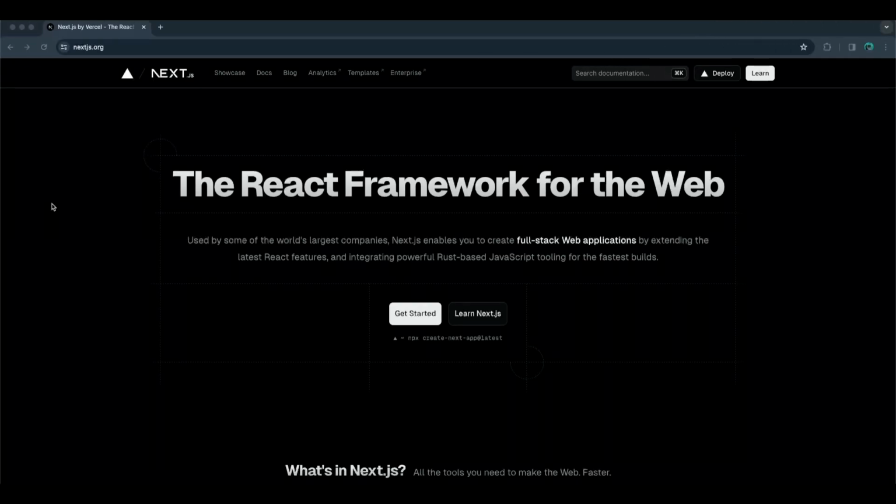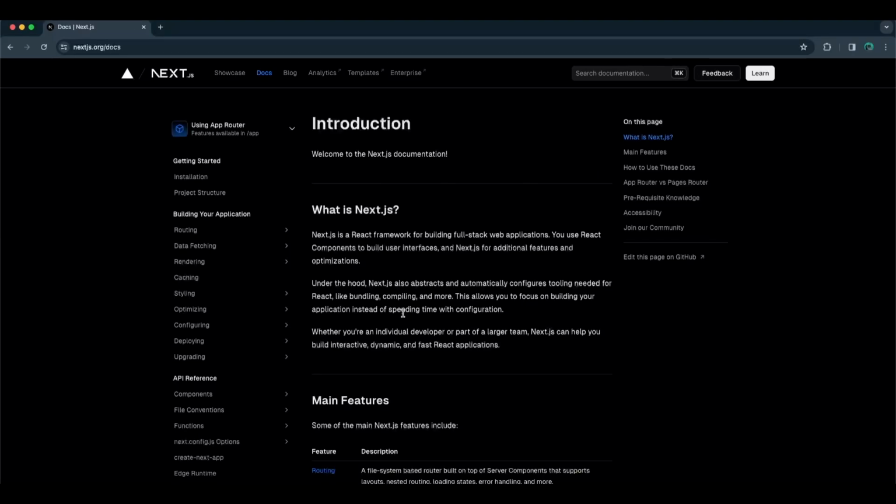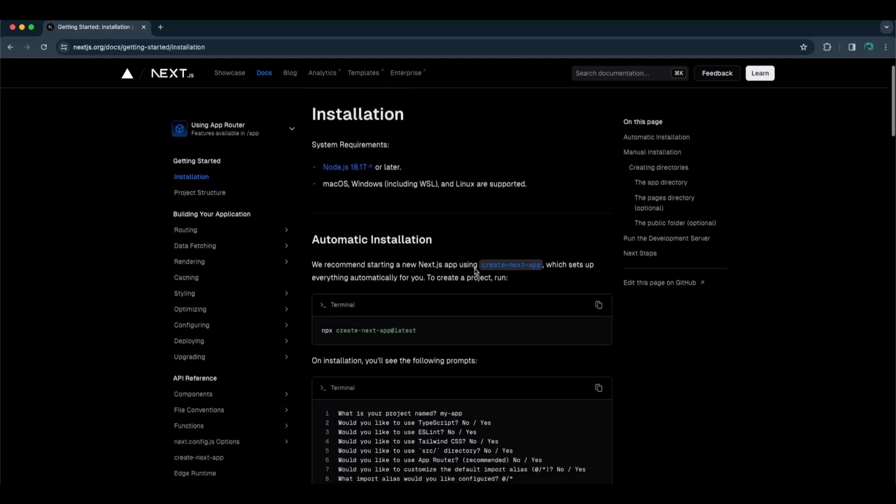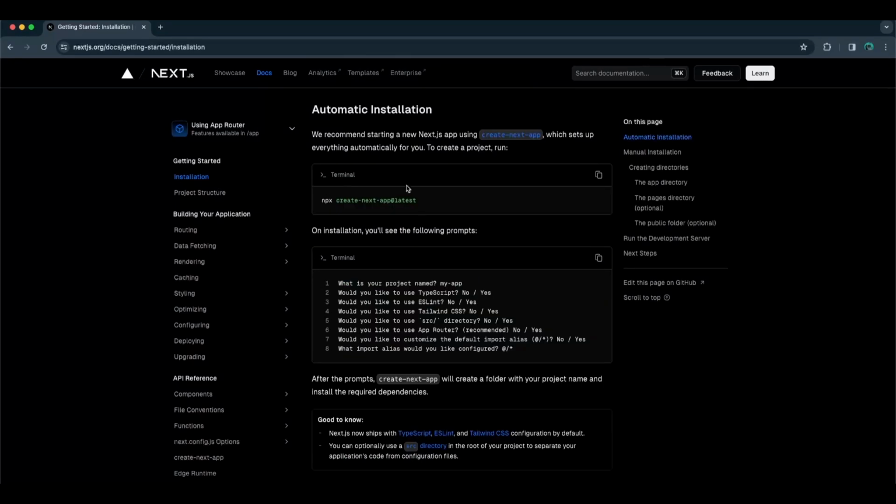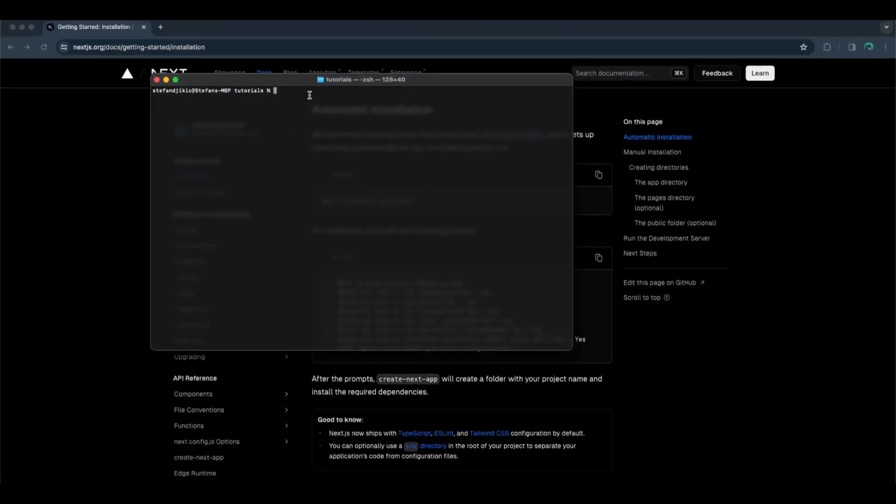So we are here on the Next.js website and we are going to use a CLI to create a new Next app. I just go here to get started and to installation. So yeah, we need to follow these steps. I will copy this prompt and open my terminal. I will paste this command and press enter. Now Next.js will ask us some questions. First is the name of our project. This will be